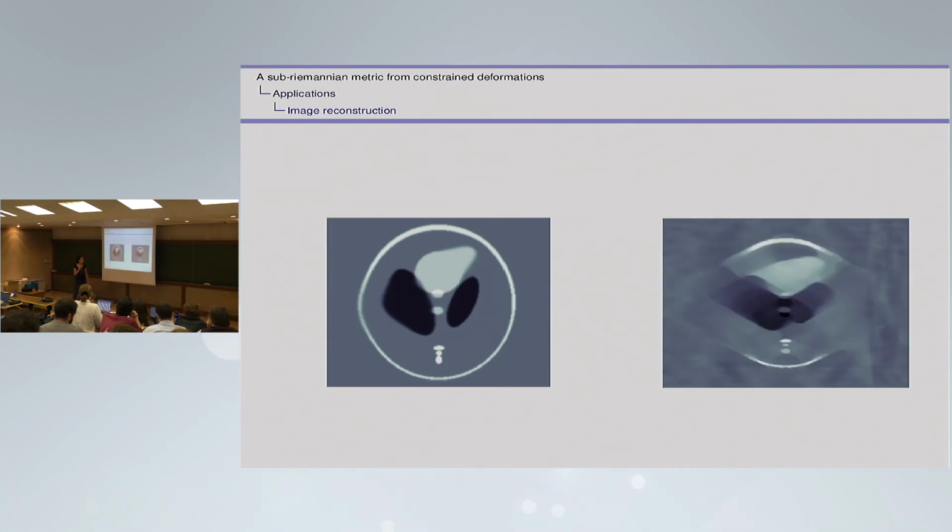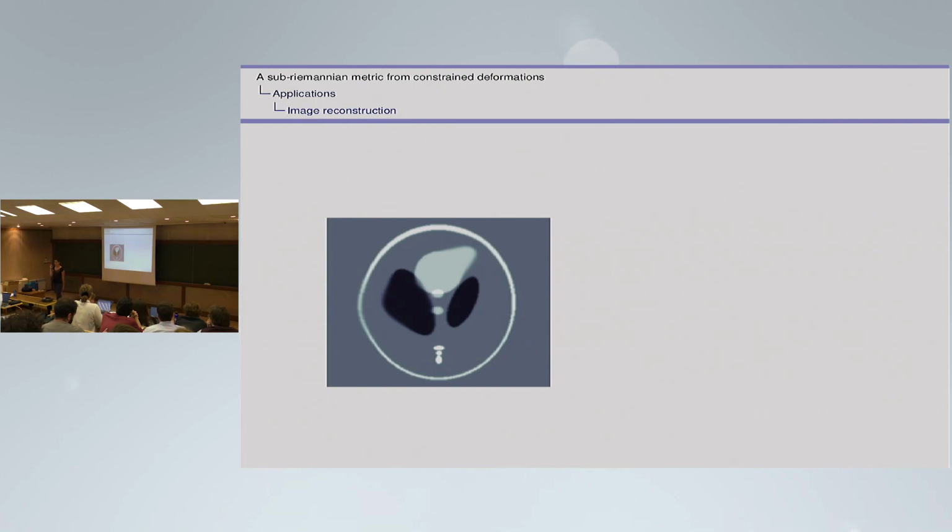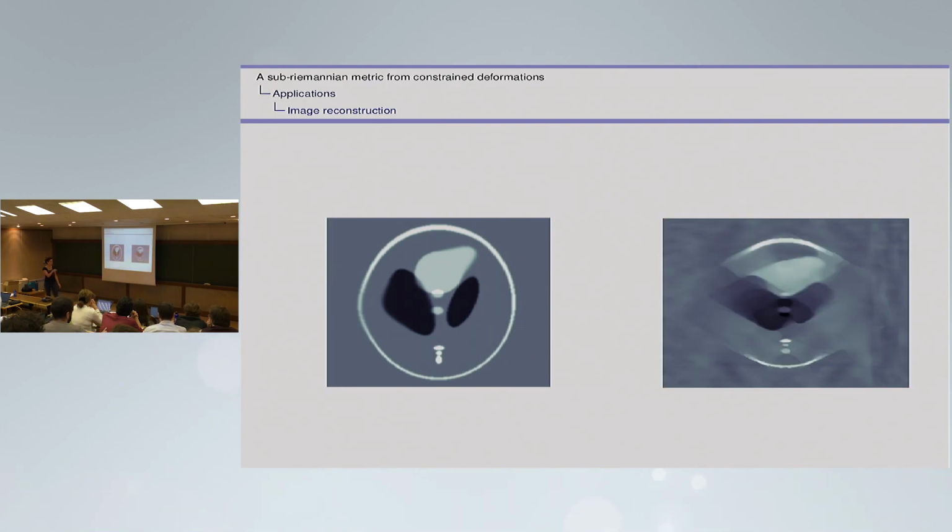So for instance, if you use the same ray transform, but with angles that are very close to the vertical line, going like that, and you use TV reconstruction, this is the kind of result that you have, so it's not really satisfying. And if you know that you have a template image, you can use L2 TV, which is a total variation reconstruction, saying that your solution is not too far from this, but not too far in the L2 distance. And here is what you obtain. So once again, it's not really satisfying.